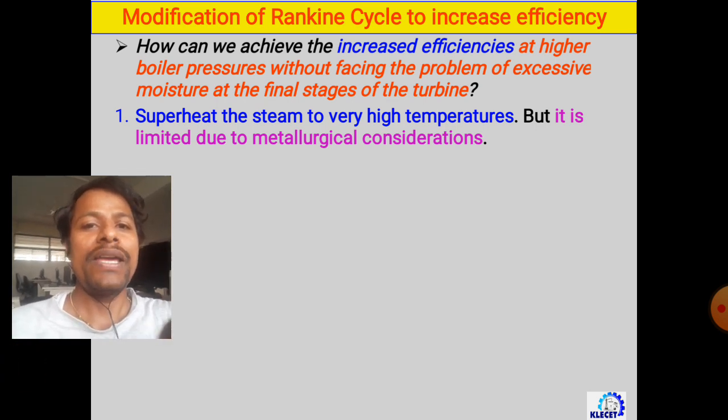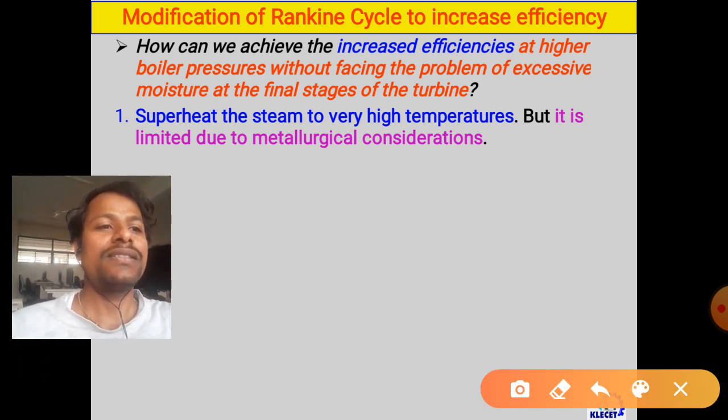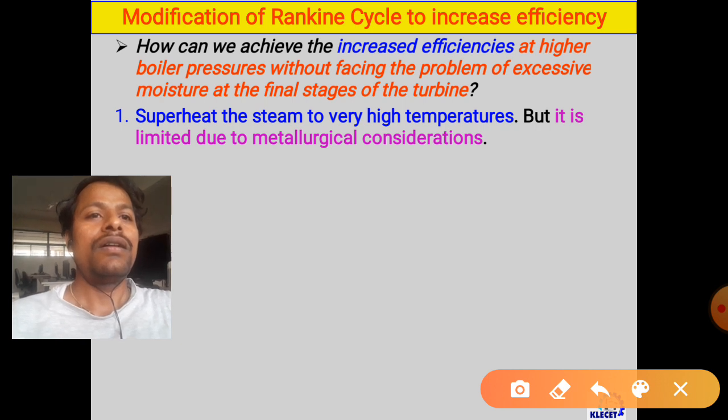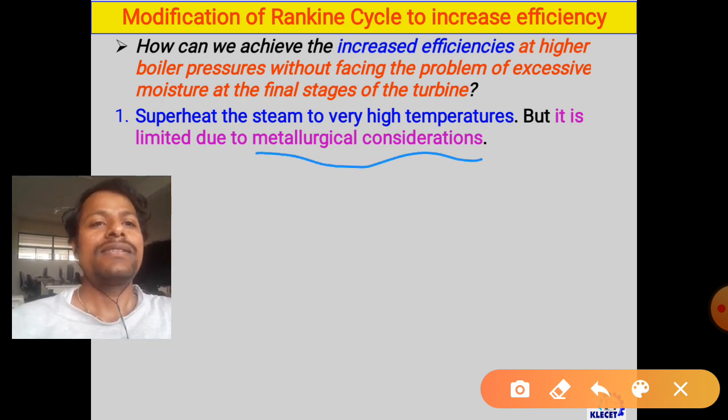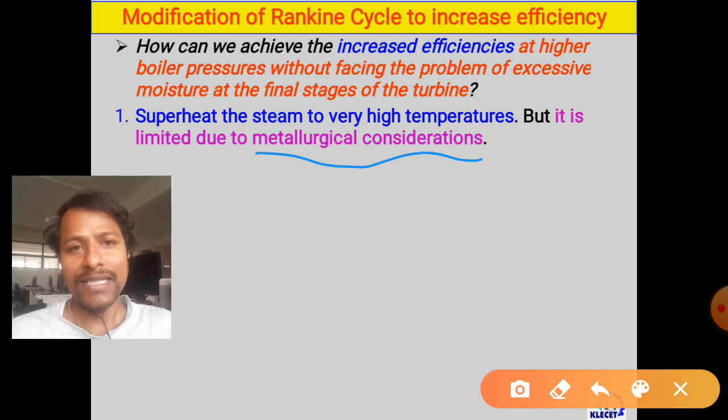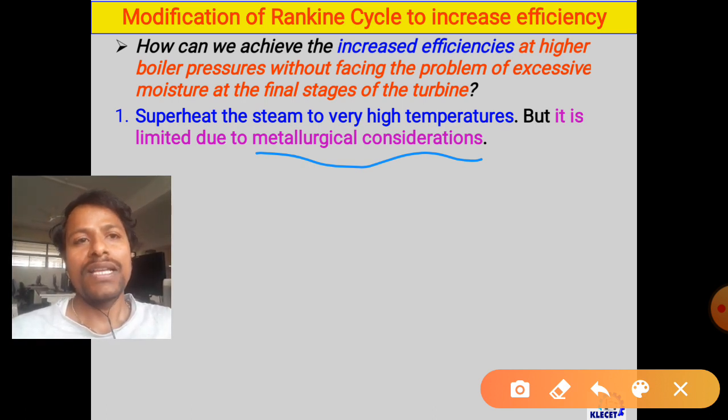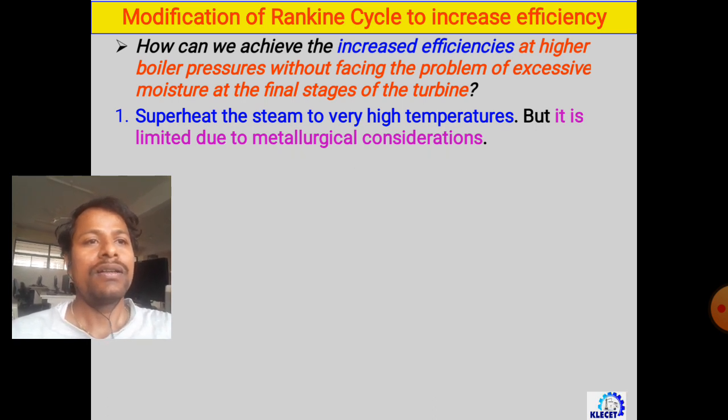So here, why metallurgical conditions? In the sense, I will underline this. We produce the steam inside the boiler, that is inside the tubes. So there is a certain limit of melting point, that is melting point for boiler tubes, that is material of the boiler tube, that is metal. So that is the first method.